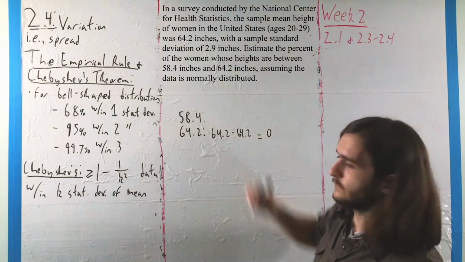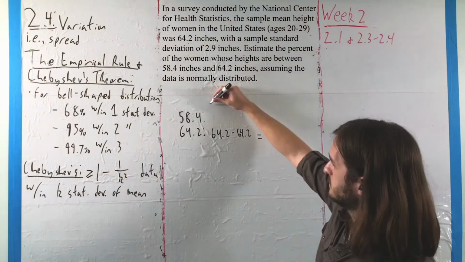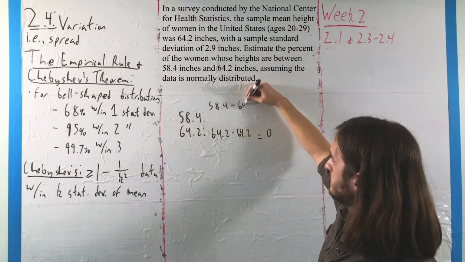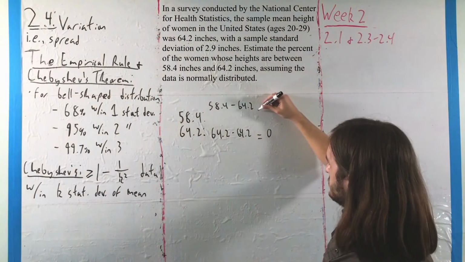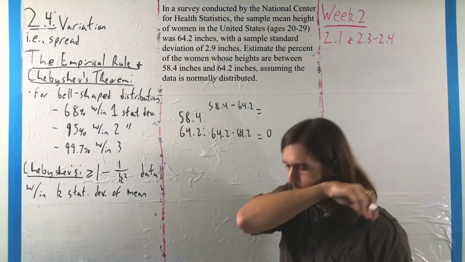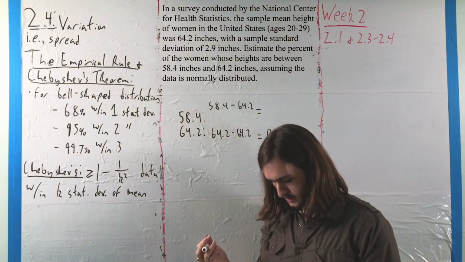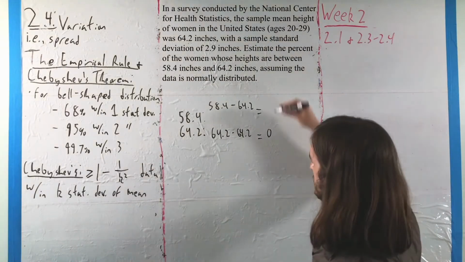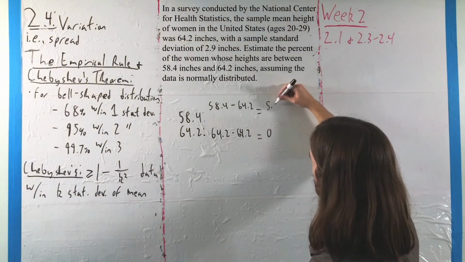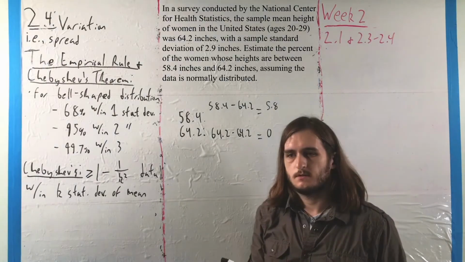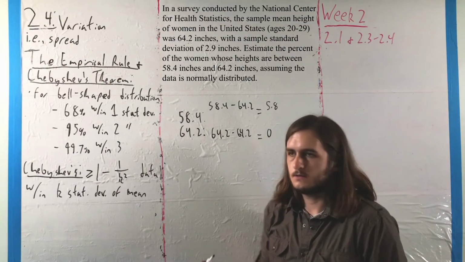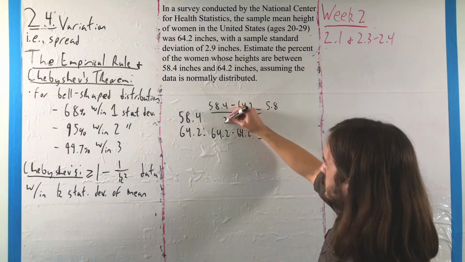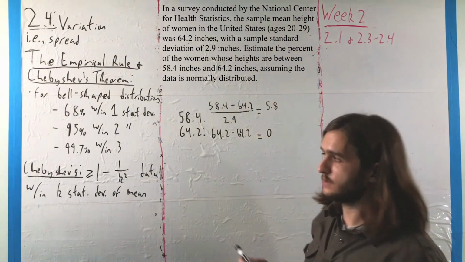Meanwhile, for 58.4, we have 58.4 minus 64.2, which in this case is going to end up being 5.8 inches below. That in itself is not very useful. So what we're going to do is take that value and divide it by a number of standard deviations, because